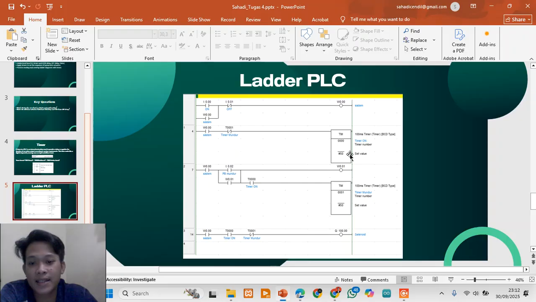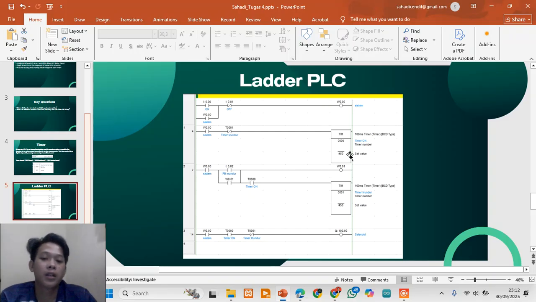So it's really just a simple way of saying: when this condition is met, wait a bit, then turn the output on or off.